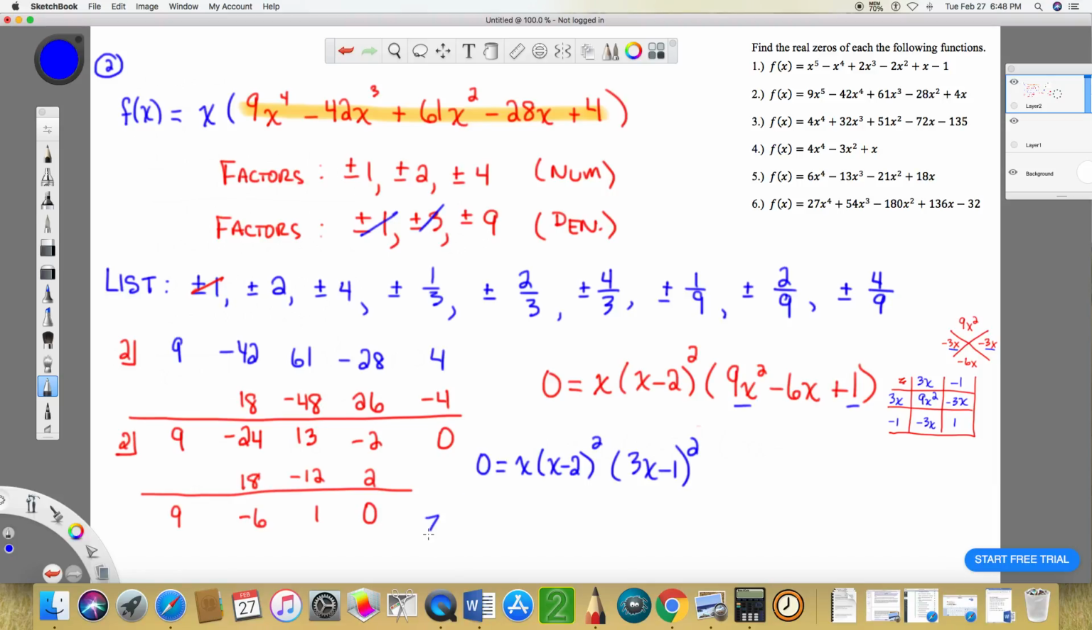So that's going to produce the zeros of x equals 0, x equals 2 with a multiplicity of 2, and x equals 1/3, because if you add 1 and divide by 3, that also has a multiplicity of 2. So with 2 plus 2